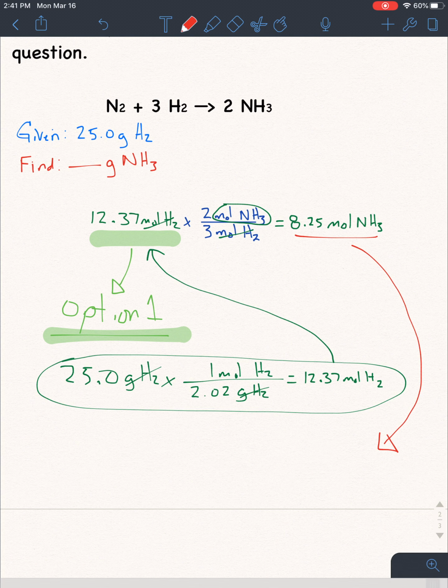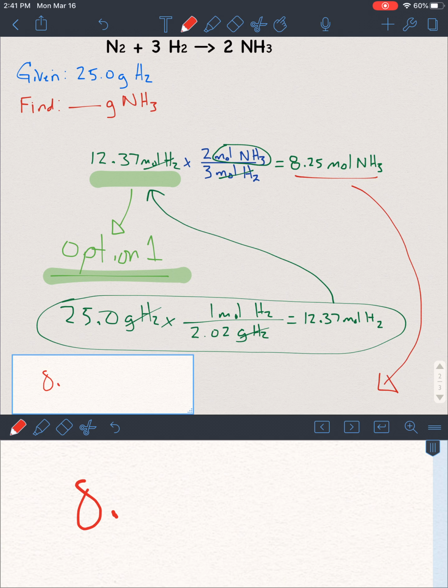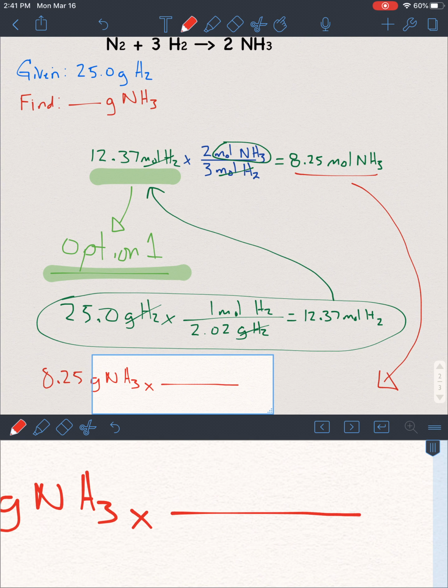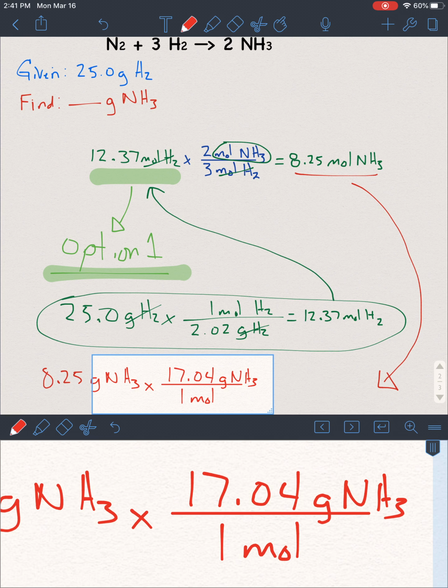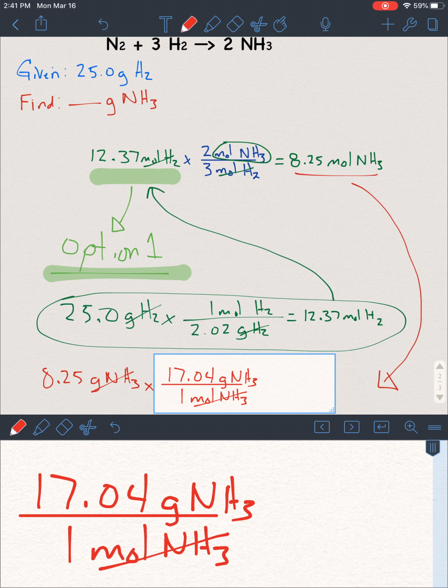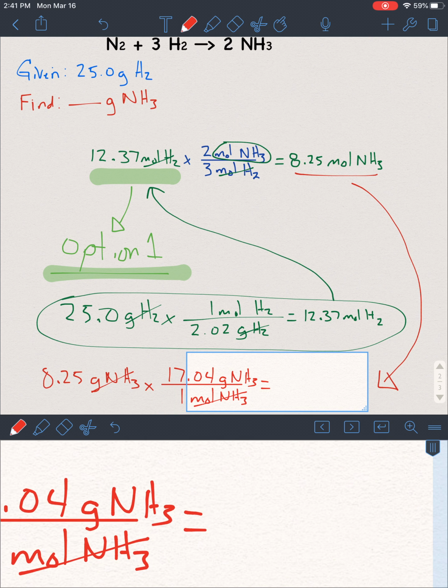So I'm going to take 8.25 moles of ammonia, NH3. Going to the periodic table, I see that ammonia's molar mass is 17.04 grams of ammonia to 1 mole of ammonia. Again, remember that anytime you go to the periodic table, the number you get when you add up everything is always for 1 mole. So I have a ratio, and it tells me that I'm going to take my answer, the 8.25, and multiply it by 17.04 to get, as my final answer,